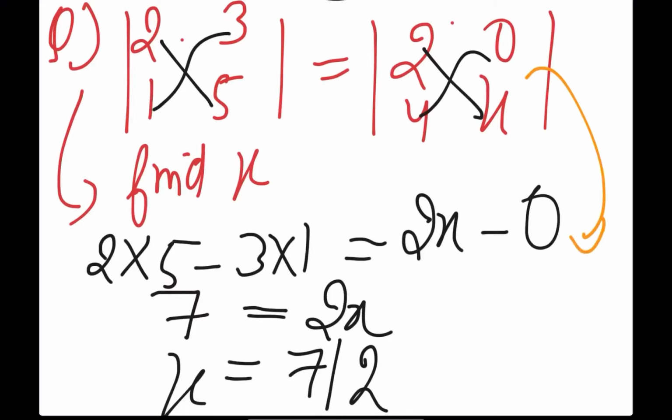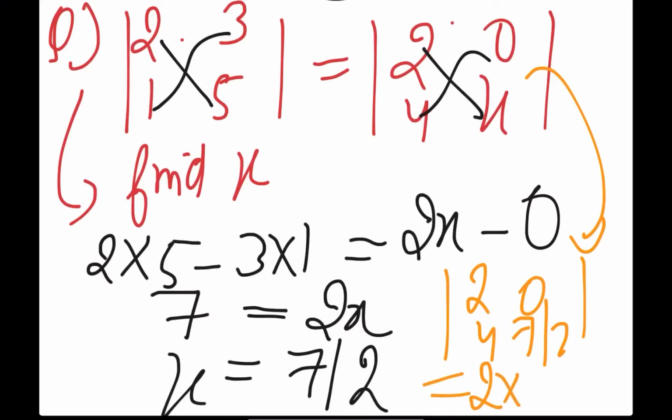Now if I put this determinant here, the value of x as 7 by 2, and if I evaluate the determinant, this will become 2 into 7 by 2. This is 0 only, 2 and 2 get cancelled, I get the value as 7. So it's correct. Okay, and that's how by putting the value of x you can verify your answer. These are very important 1 markers for the board exam as well. Okay, one more I can take up so that the concept becomes clear.